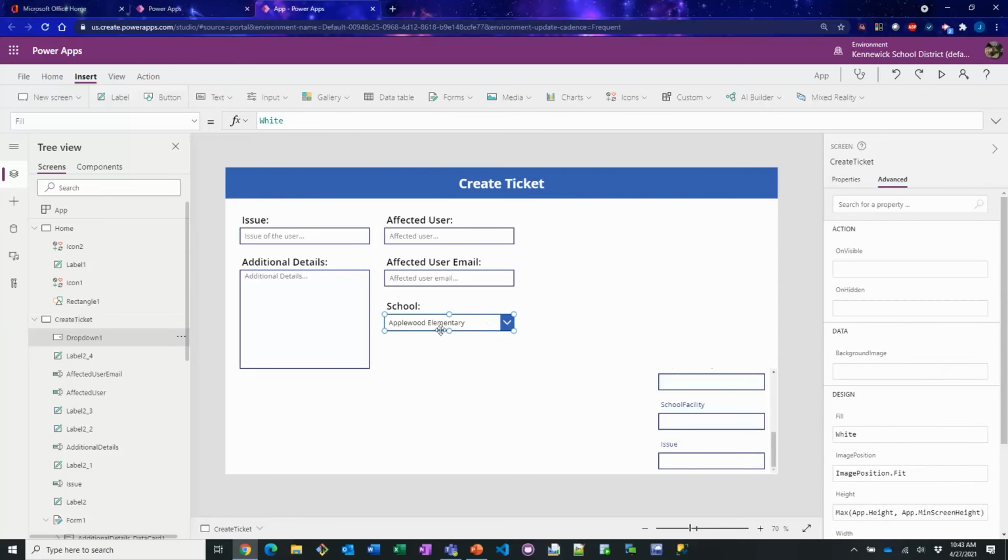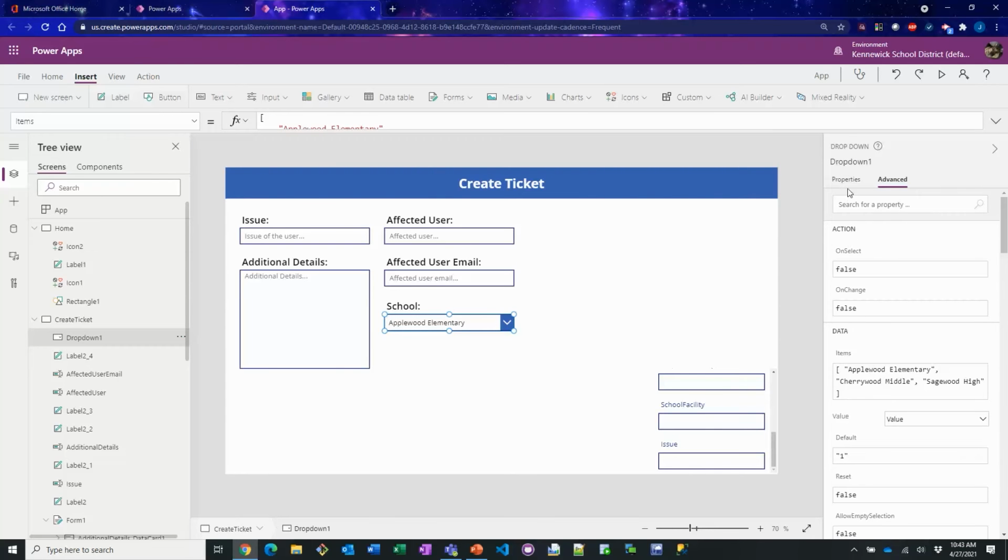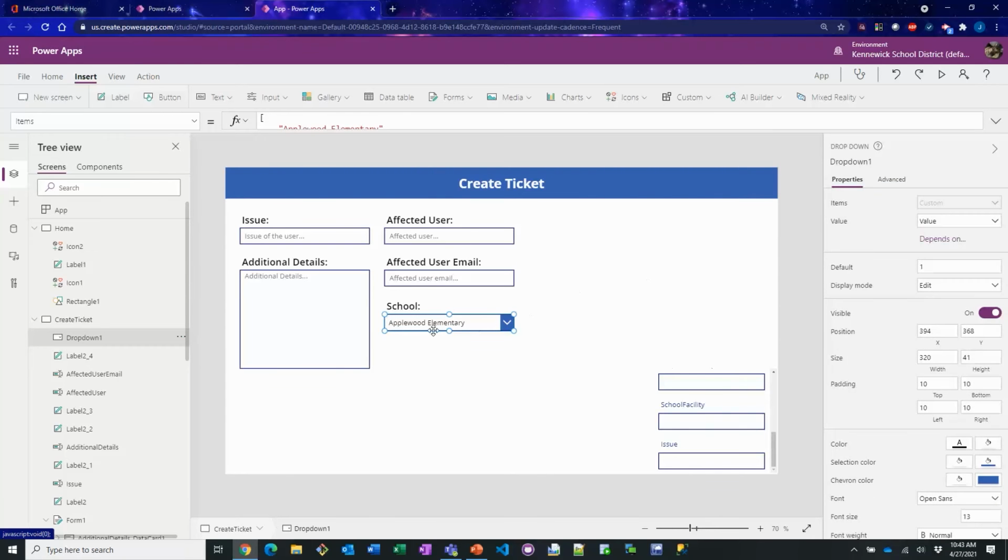All right. Now I'll show you something else here that's pretty cool. For the default value of dropdowns, you can put a default value inside this attribute bar over here. You can actually type in default up here into the attribute bar. There we go. It says it defaults as 1. Now that doesn't mean that it's going to pick the first one. 1 means it'll default as the value 1. So for this one, to show it off, we'll do Cherrywood